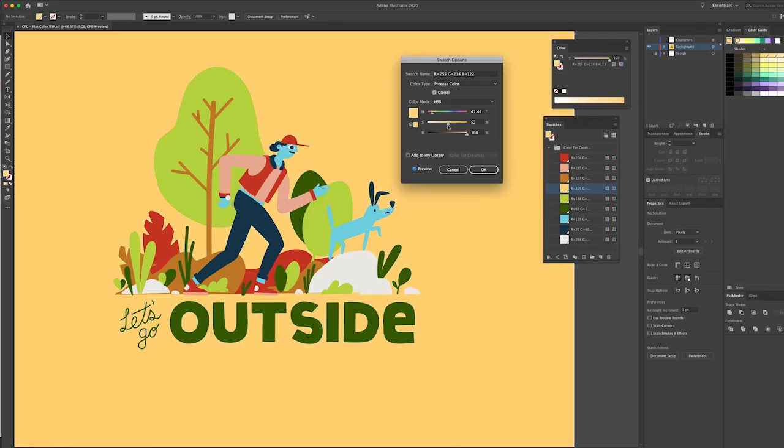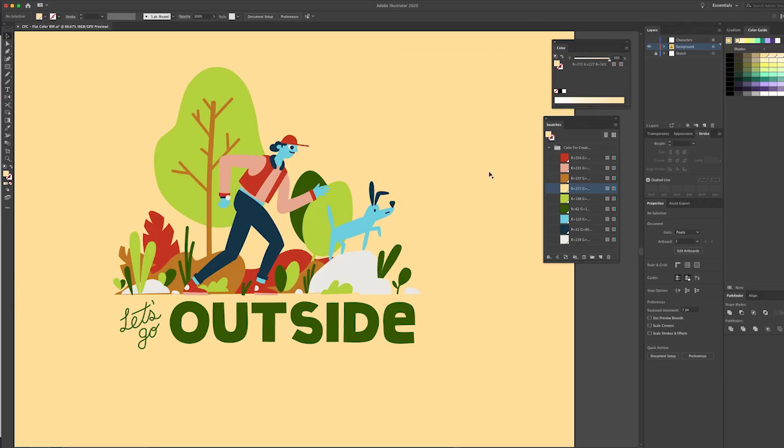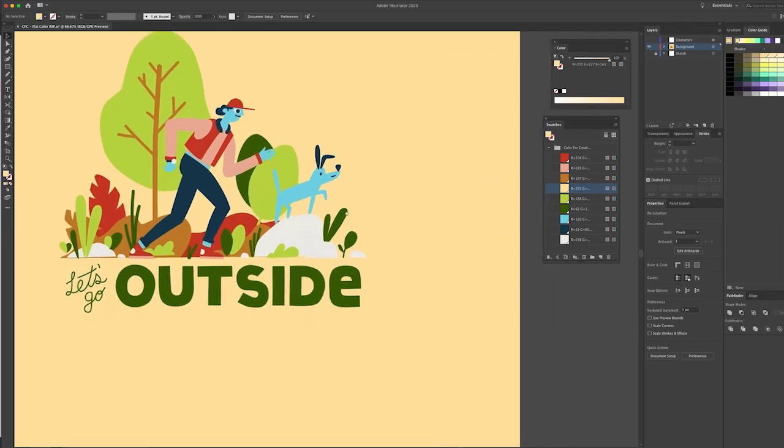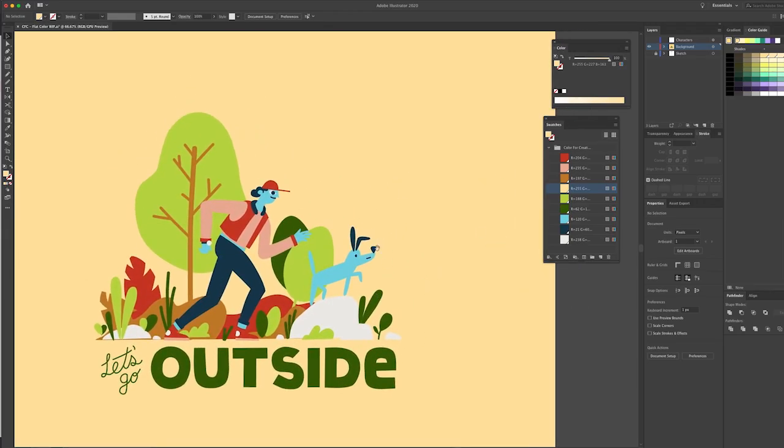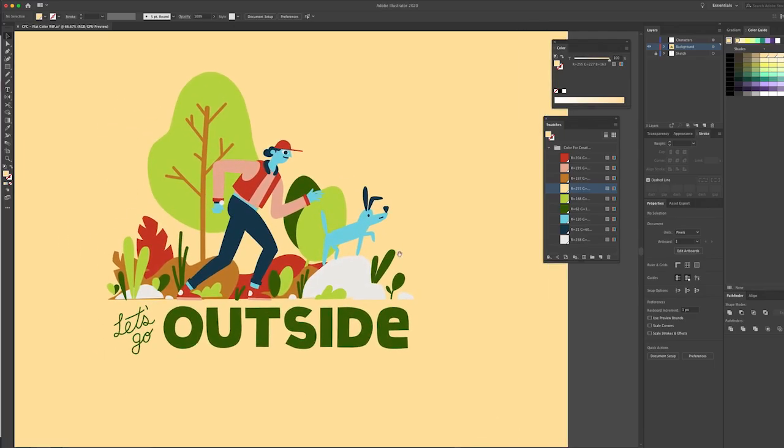So I think initially we were somewhere around here. Maybe we go kind of warm neutral. So I'm going to dial the saturation down to around 36, somewhere around there. That feels good. So I like this as a background. It's nice and kind of neutral, but it has a little bit of warmth,